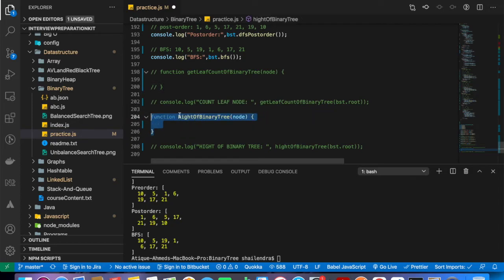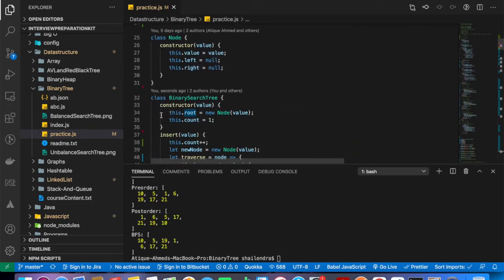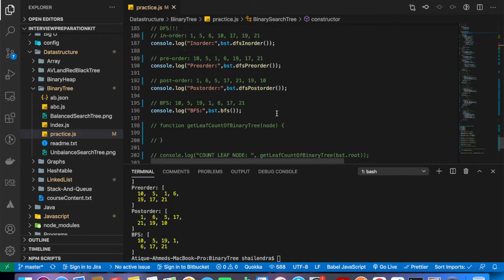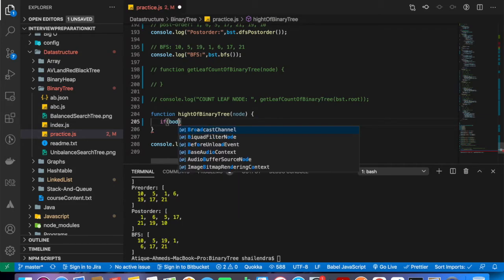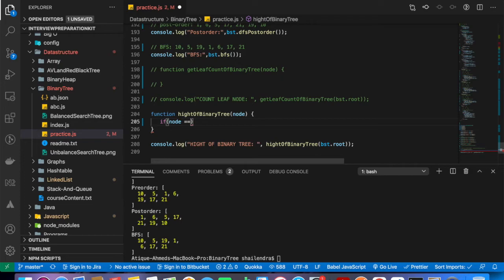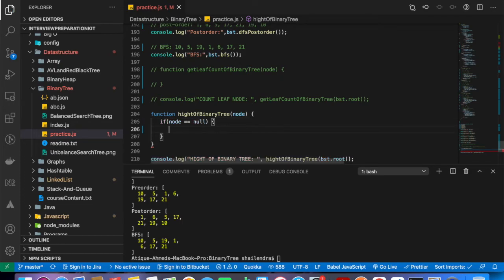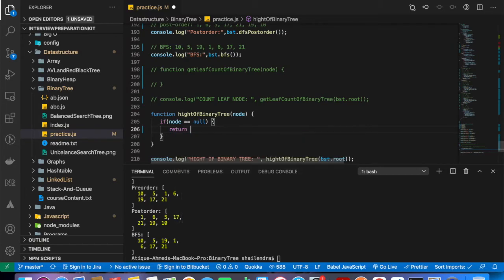You can see that I have already created a function for the height of the binary tree, and I am going to call it with bst.root. What is root? Root is what I have already declared in the constructor. So what I am going to do here is say if your node is equal to null, then return 0.